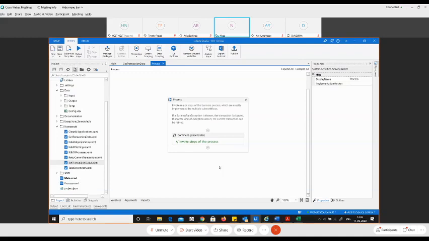Ideally, the best practice is do not overcrowd your workflow. The moment you touch a different application, make a different workflow. Segregate it into as many workflows as possible because it is much more readable and understandable.